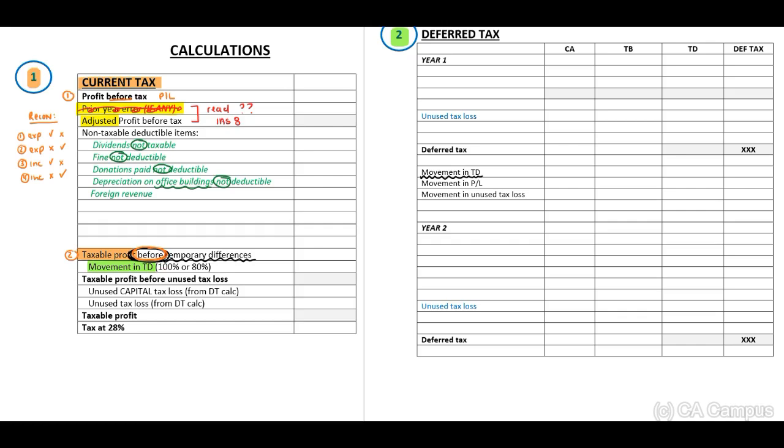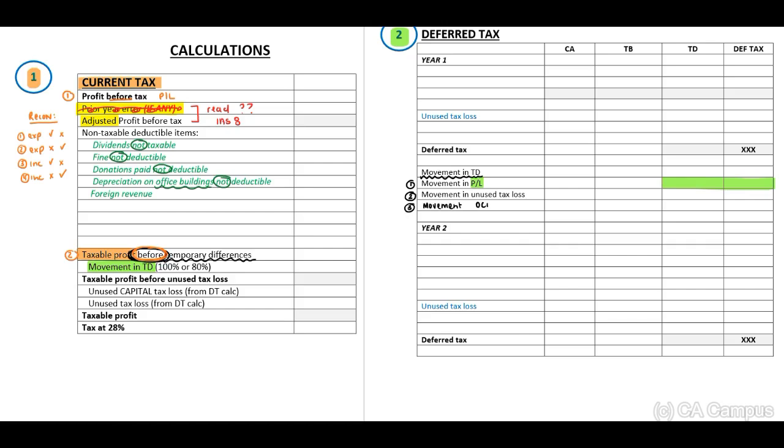We will have the movement in terms of our profit and loss, the movement in terms of our unused tax losses, and number 3, the movement in terms of our OCI. Now when we refer to the movement in terms of our profit and loss, it will be the temporary difference movement. Remember, if you look at your current tax calculation on the left side, please, we are